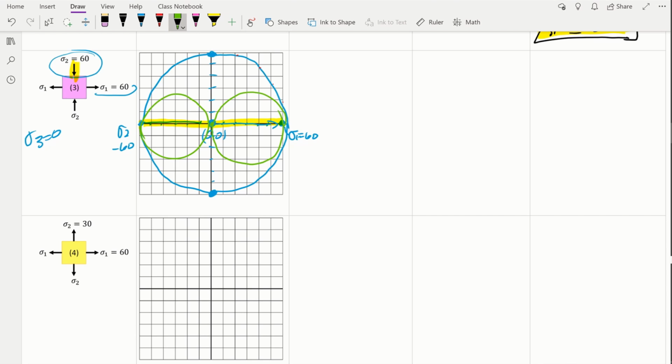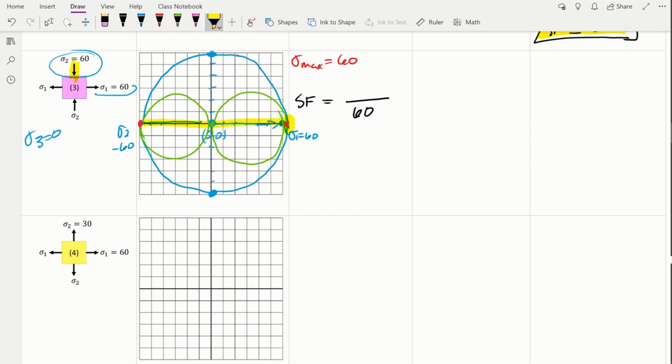When we look at this one, it's very easy to identify which one is the highest value of sigma. Well, we have positive 60 and negative 60, so the biggest magnitude is 60. So sigma max is 60. Remember, when we're talking about the max normal, the maximum stress expected, which in this case is 60, cannot exceed the ultimate tensile strength. If we're talking about this point, the positive one,